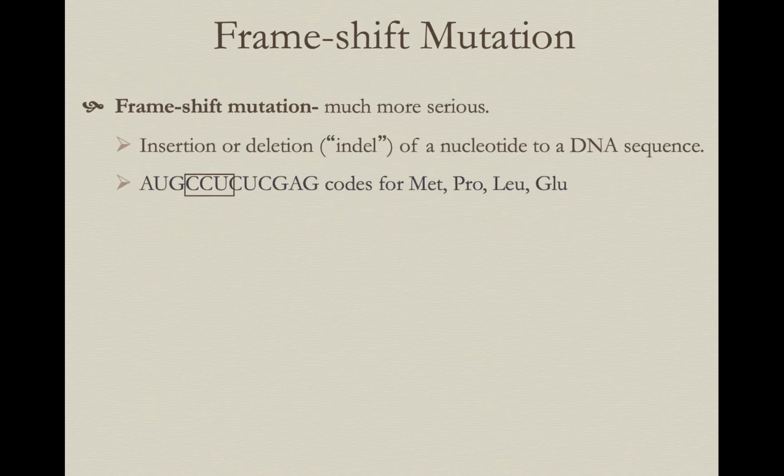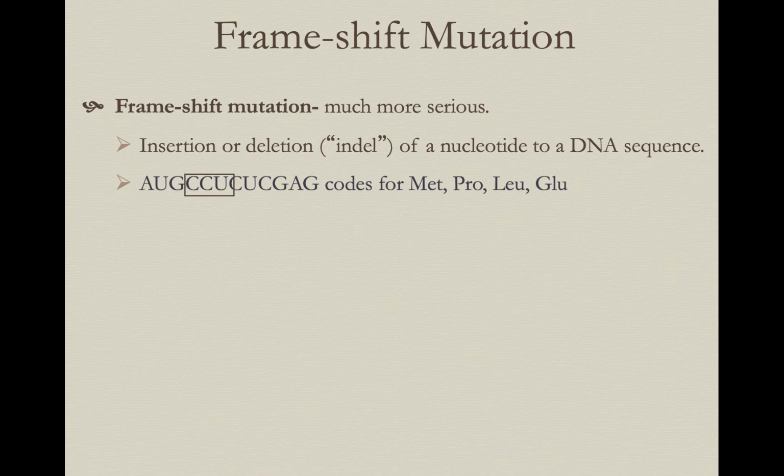All right. The next type of mutation I want to talk about are called frame shift mutations. This is where the mutation is just affecting one spot of DNA, but it tends to affect the potential of the protein more thoroughly. So a frame shift mutation is when you have an insertion or a deletion of a nucleotide into a DNA sequence. And what this does is it completely changes the reading frame of the codons,